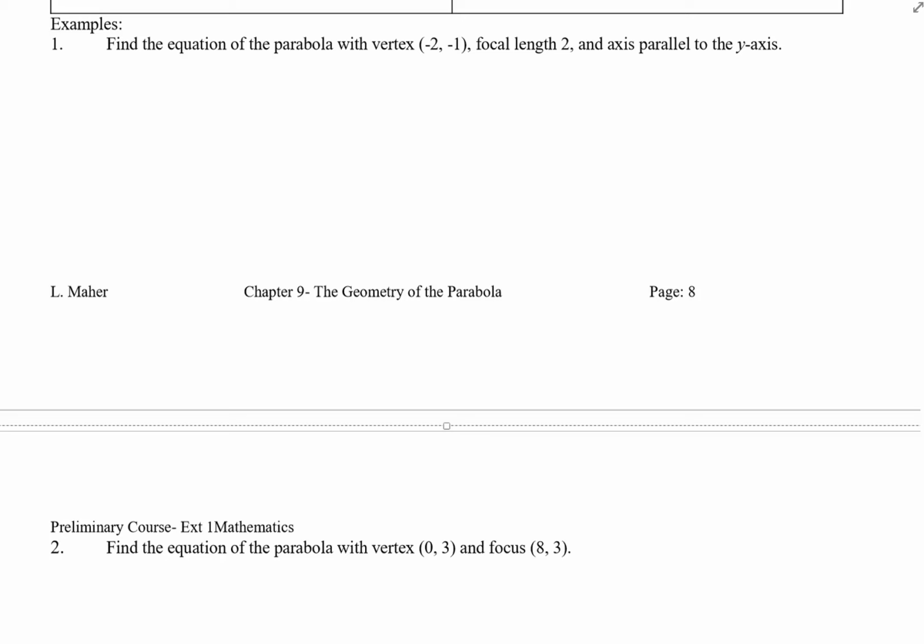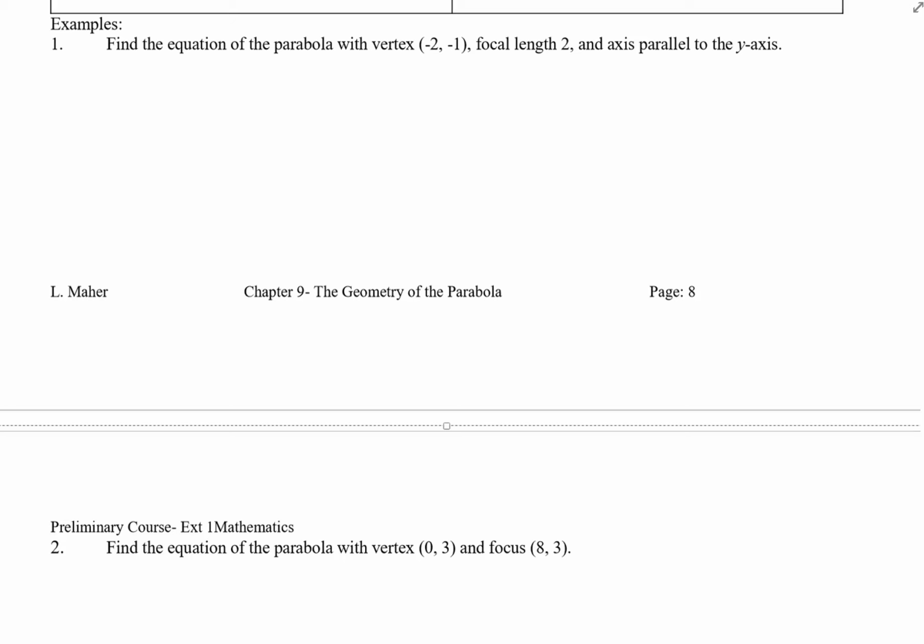Now let's have a look at some examples where the parabola may not have its vertex on the origin, and we could be given any piece of information. We could be asked to get the equation, or we could be asked to get features of a parabola in terms of its focus, directrix, etc. So we have to read the question very carefully,